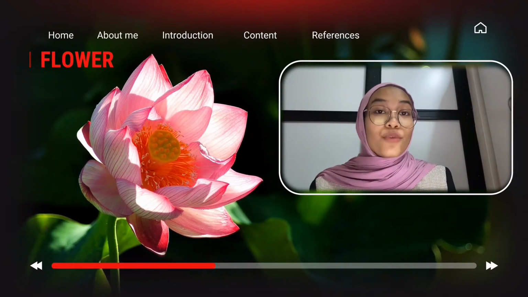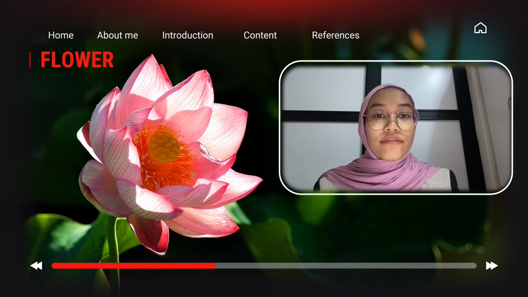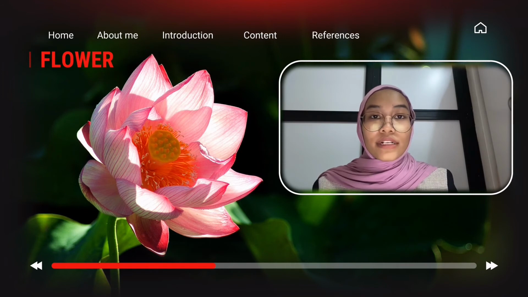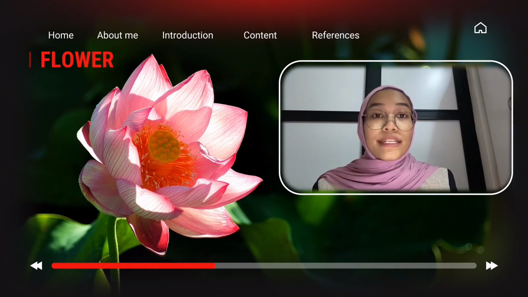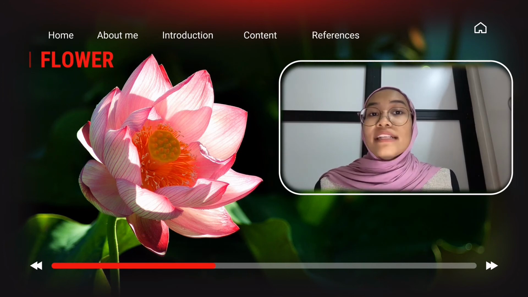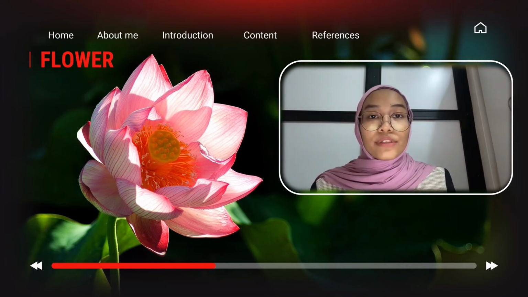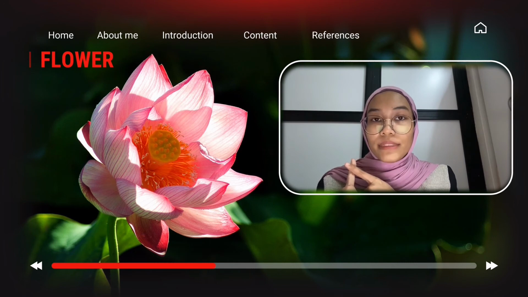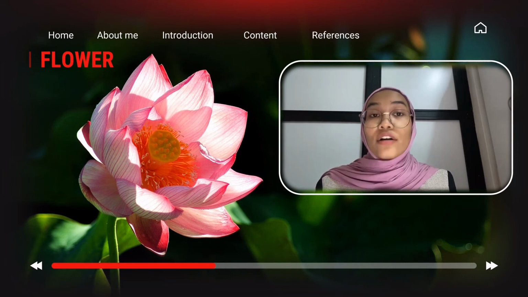Third is flower. What is a flower? Flowers are the reproductive part of the plants. The arrangement of flowers on the floral axis is called inflorescence, which has two major types called racemes, which let the main axis continue to grow, and cymes, which terminate the main axis in a flower. The flower consists of four different whorls, which are the calyx, the corolla, composed of petals, the androecium, composed of stamens, and the gynoecium, composed of one or more carpels.